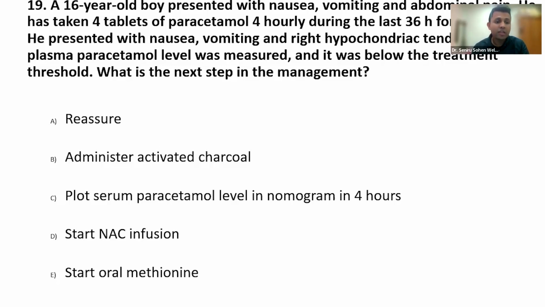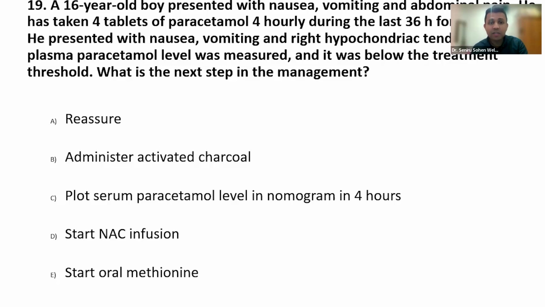Then we have other options, like administering activated charcoal. Administering activated charcoal is only beneficial if the patient presents very early, within the first 2 to 4 hours. If you want to give charcoal, you give about 1 gram per kilogram, maximum 50 grams. Starting NAC infusion and oral methionine are the other available options. Methionine is not validated for repeated supratherapeutic ingestions, and methionine is not effective